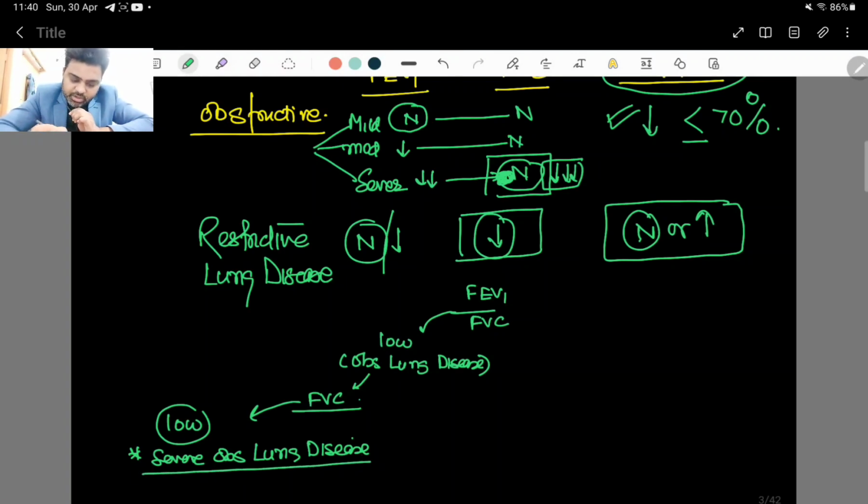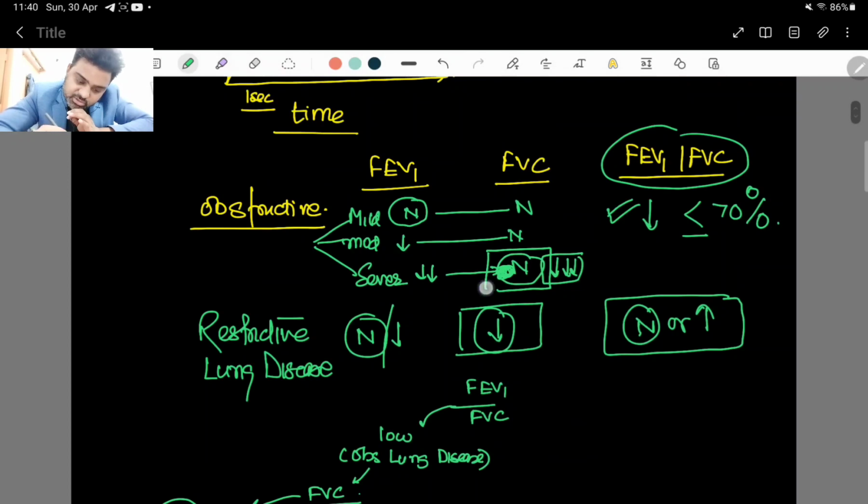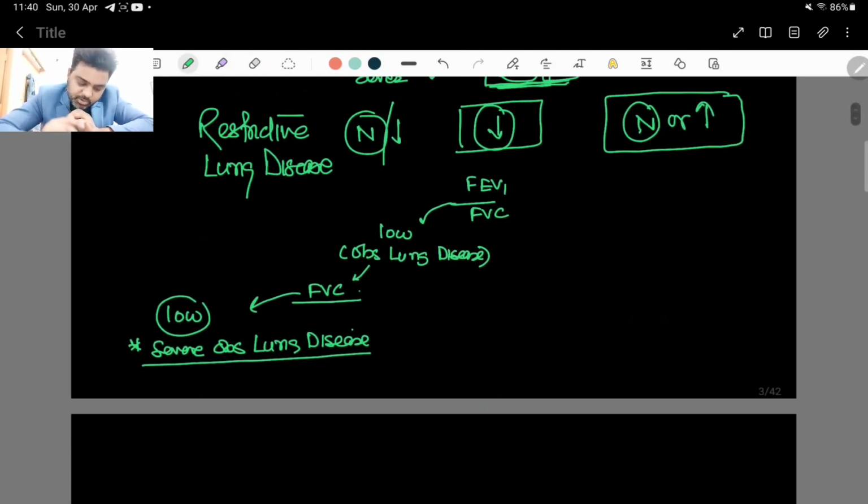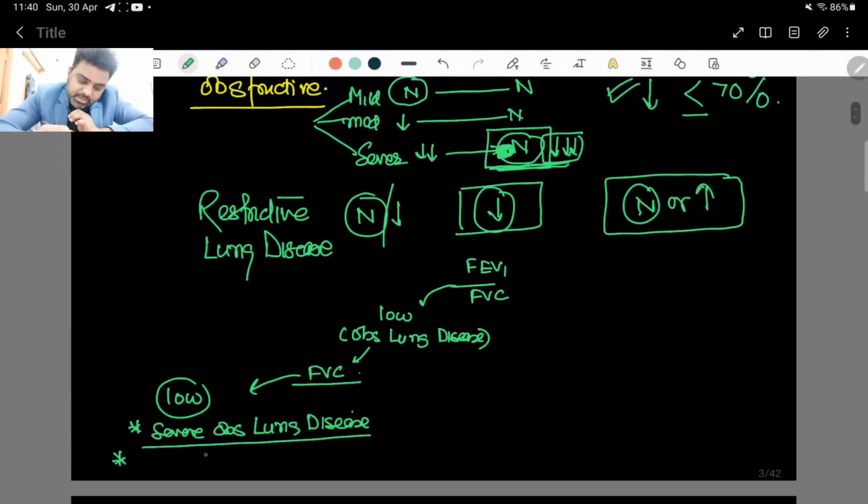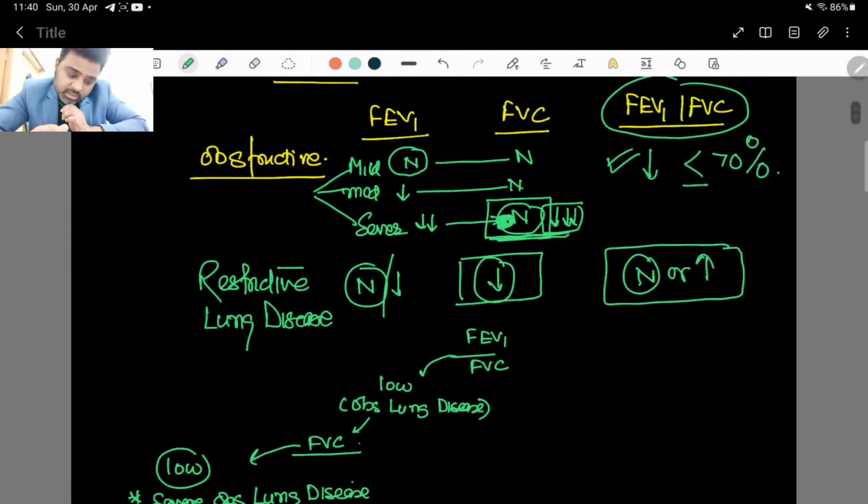Okay, because there are two points favoring obstructive lung disease. One, FEV1 by FVC is low, which is saying obstructive lung disease, and FVC is also low, and FVC is only low in obstructive disease when it is severe. So first point, it can be a severe obstructive disease. Second point, it can be a mixed disease. How can it be a mixed disease? See,